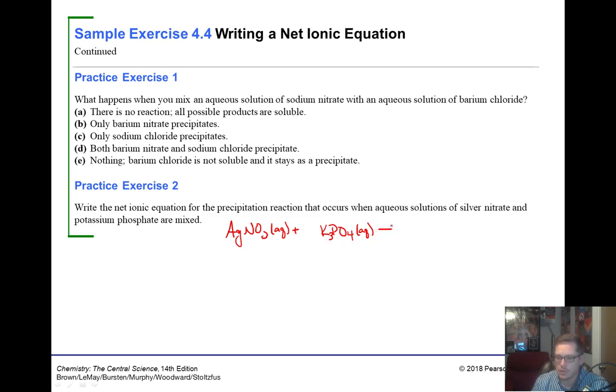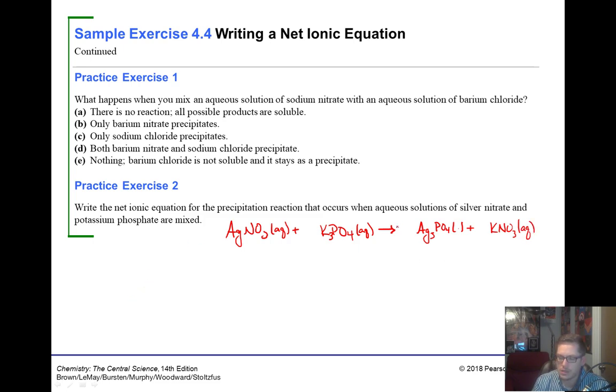All right, we put our arrow, and now we do our double replacement reaction. So we get silver phosphate. Silver's got a charge of 1+, phosphate has a charge of 3-, so we put Ag3PO4, and we don't know the state yet, so we'll put that there like that, and we'll put a plus sign. And the other side of it is KNO3,